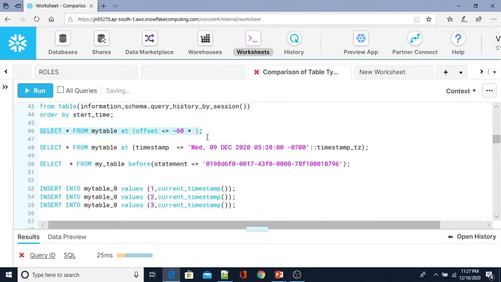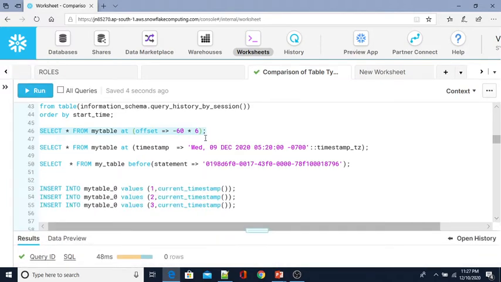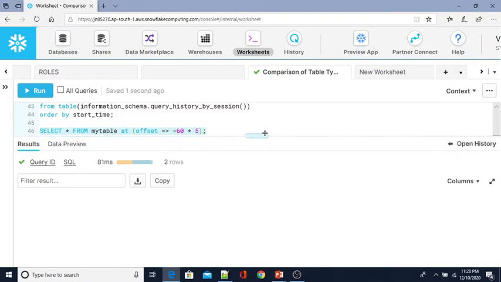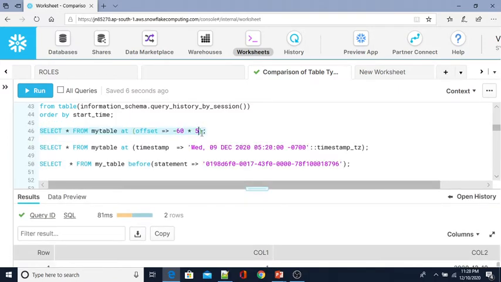By the time 6 minutes, let me check this. So yeah, 6 minutes, just now the table was created at that time. Now let me try 5 minutes. So 5 minutes also, yeah, after deleting. Now let me use the 6 minutes.